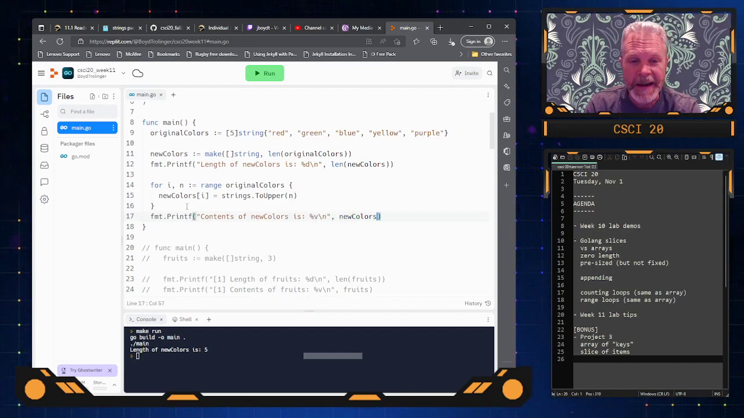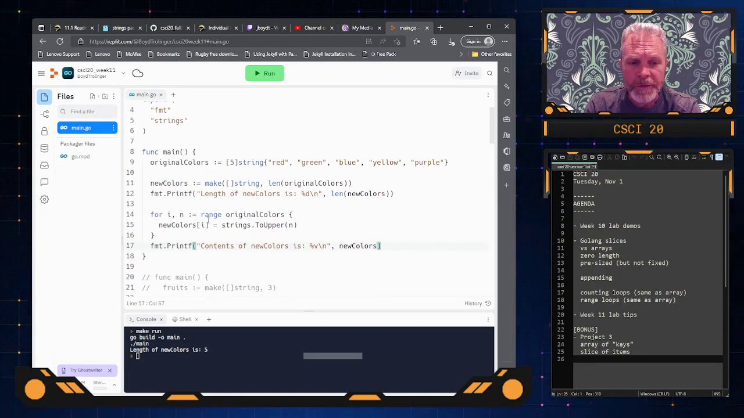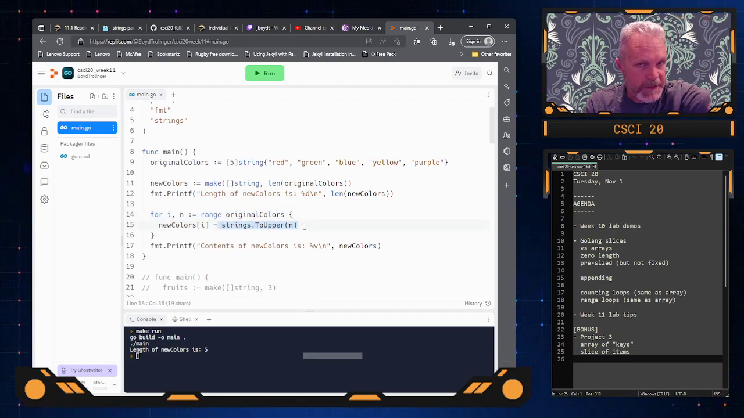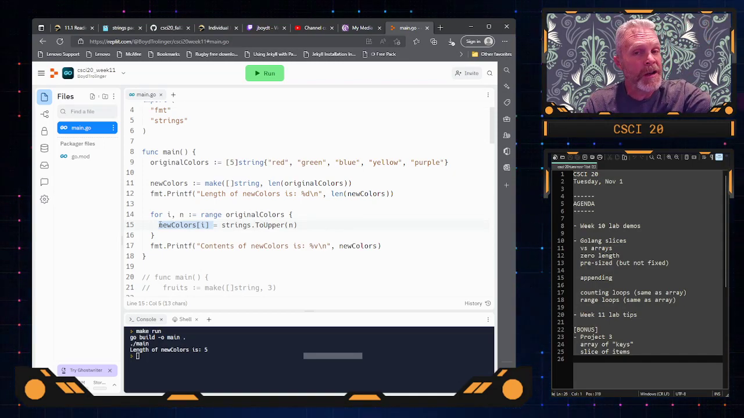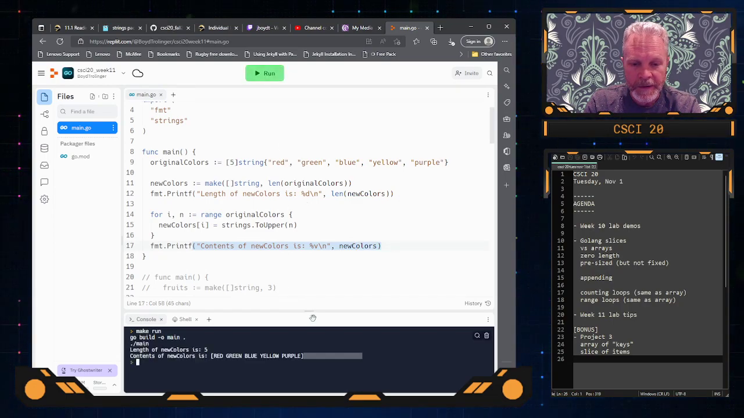So we just did an algorithm. We did not alter the original colors at all. We used them as our starting place. We created a slice of that same length, and then we loop through the originals, taking each one and converting it to all uppercase, and then writing that new variation on the original color into our new color slice. So at the end, what we should see is the original colors,